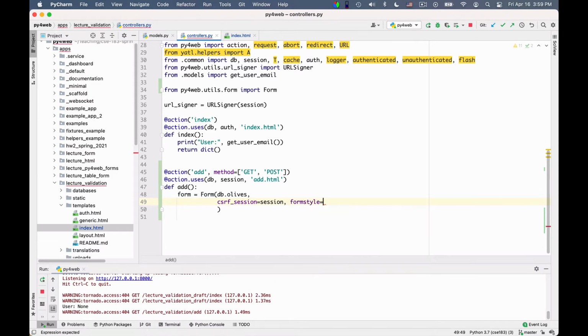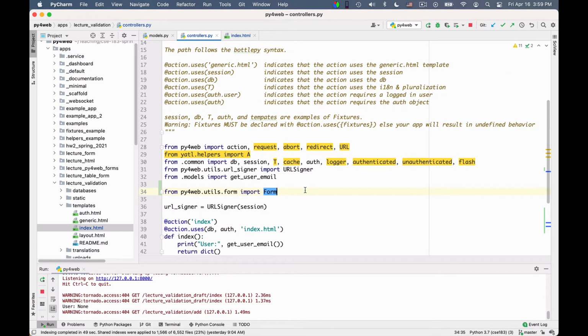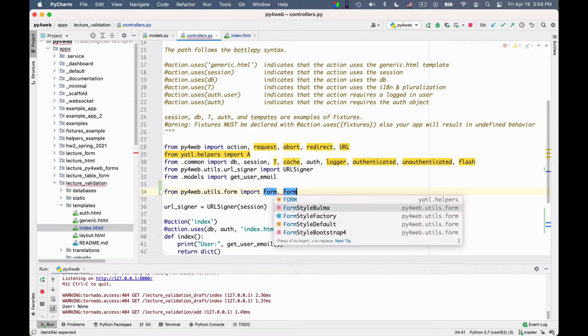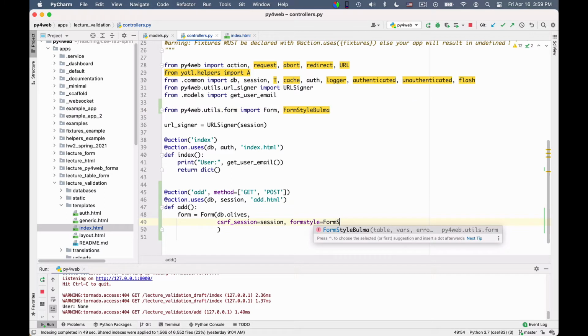Form style is equal to FormStyleBulma, which I forgot to import as well. I'm sorry. So from the form I want to import Form and FormStyleBulma as well, so that here I can specify the correct style. Okay, that will be what I need. So this will create the form.